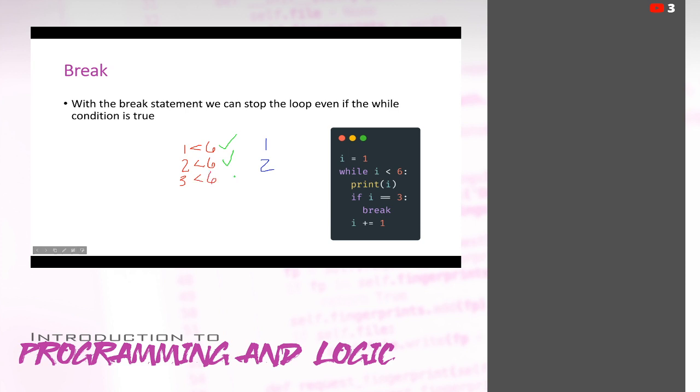That's true. The next thing is to print I. So in that case, it is 3. And in this case, I equals 3. So then we're going to break and stop our loop.